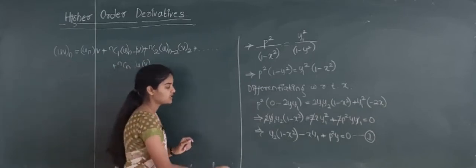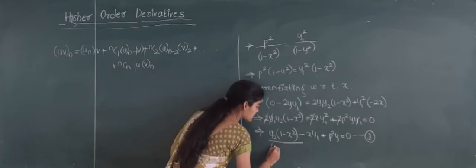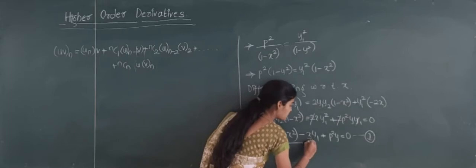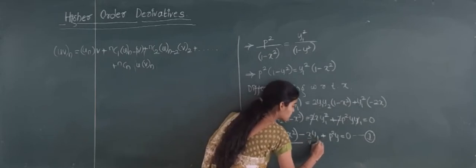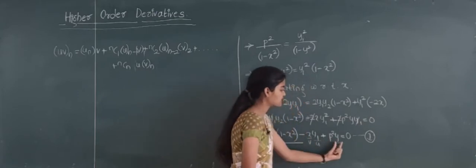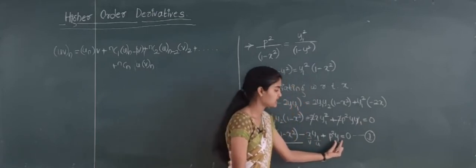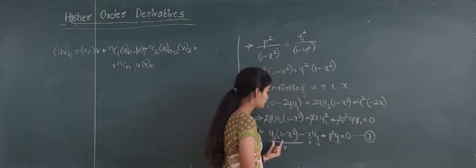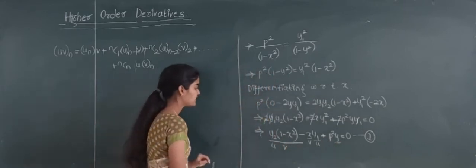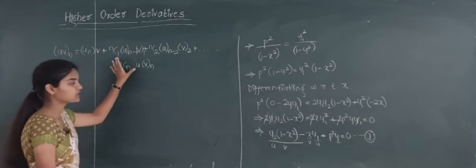See here, in this term I will take this as u and this function as v. Again, x as v and y1 as u, and as p square is constant, its nth derivative we can write directly as yn. So here separately we have to apply the Leibniz formula. Let us see that. According to that, directly you substitute here.